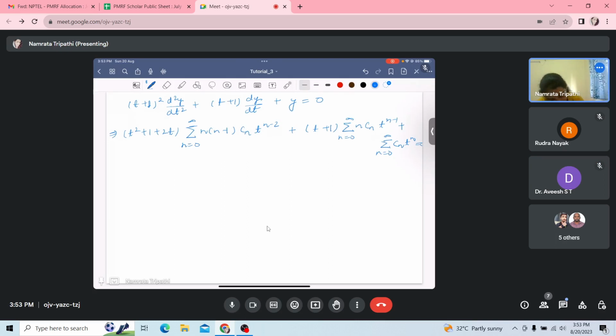So from here you can simply calculate and you can equate the coefficients, then you can get the answer. Try to calculate. This is for first term n minus 1. I'm just multiplying this term with this series. So you will get these three terms after multiplying. Now I'm going to multiply the second, t plus 1, with the series. So after multiplying with 1 we will get